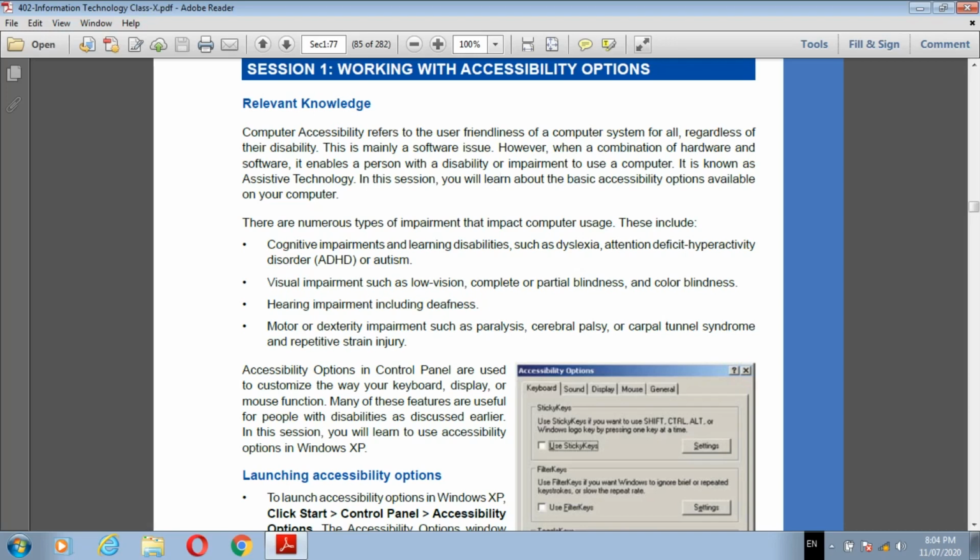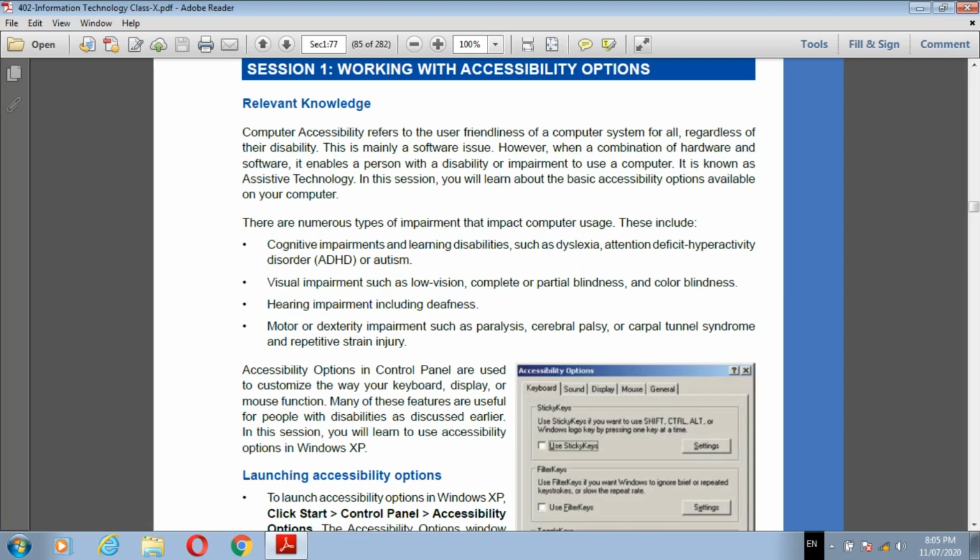What it means? In this session, we will learn about the basic accessibility options available on your computer. Which are these options that we are going to use, for what purpose we use them, and why they are required. Those things we learn.